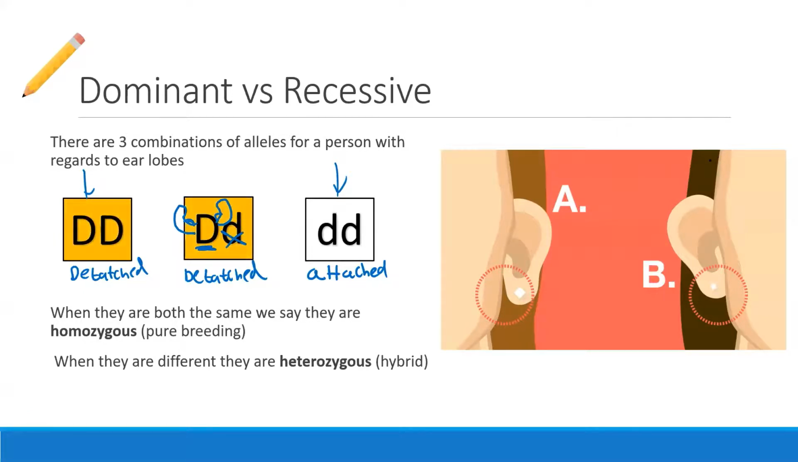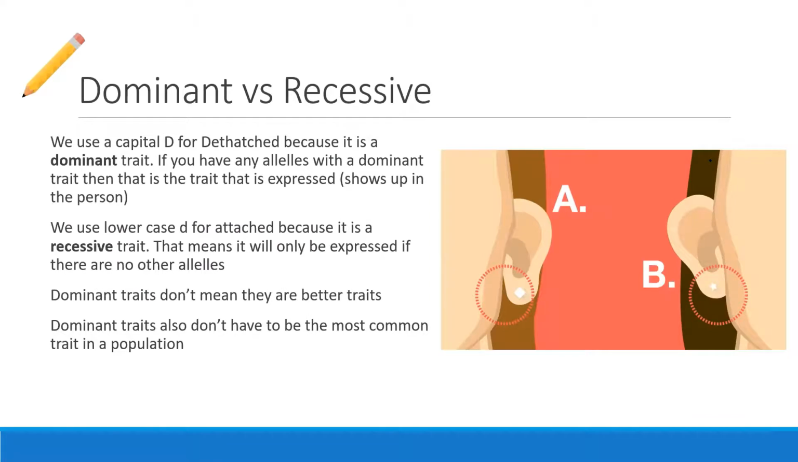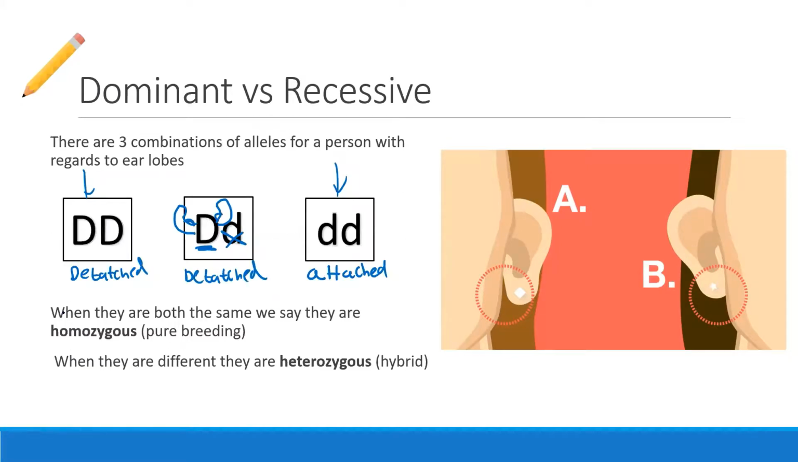So yeah, both of these are detached. Only this one here is attached. And that means that this is a recessive trait. Now, I will say it doesn't always mean it's not common, but usually, and this sort of goes back on what I was saying before. I said before, sorry, really quickly, I said dominant traits don't have to be the most common traits in the population. But dominant traits usually are the most common